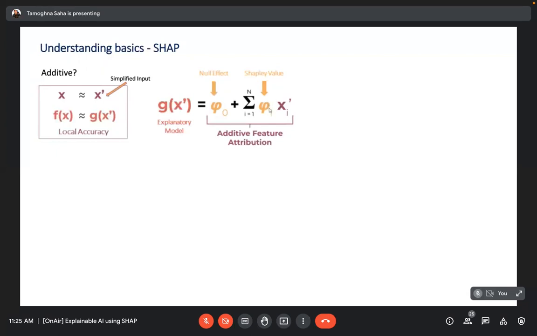So the summation of all those phi i along with those x values, plus the null effect, which is the expected outcome or base value of the model, forms the additive feature contribution. So this is where the additive functionality comes into the picture.